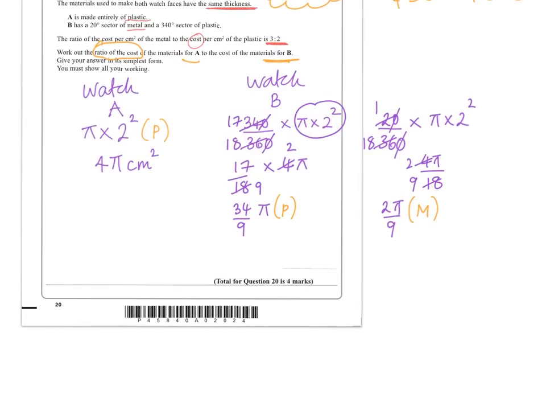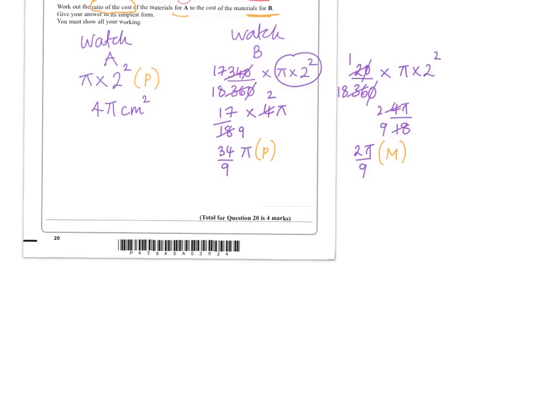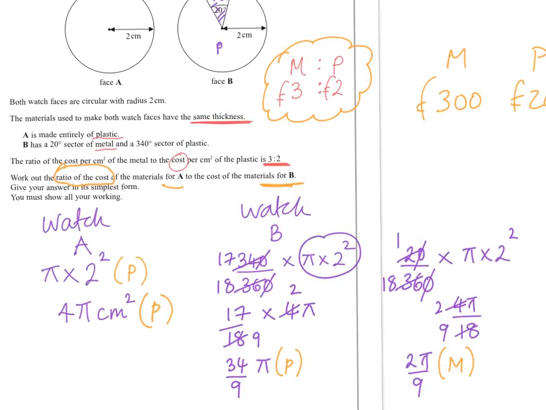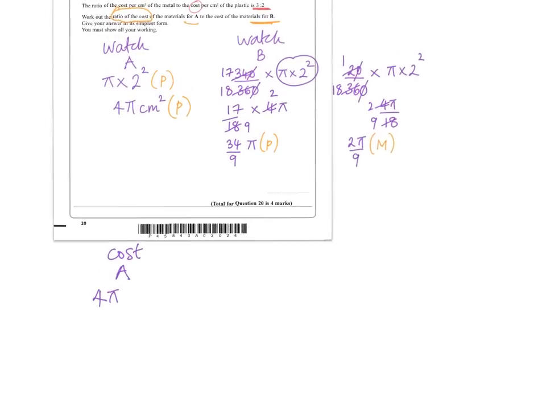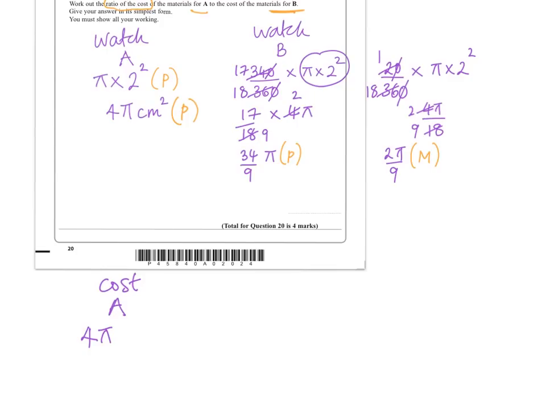So let's have a look at the cost now, and I'll make a little bit more room here. So we're just looking at cost now for A. So we have 4 pi, and I should have written this P here. So for plastic, now we're saying plastic, don't forget, looking at the ratio, what we had before, the plastic is going to be £2 and the metal is going to be 3. Okay, so wherever we see plastic, we're going to put 2. So we're going to put